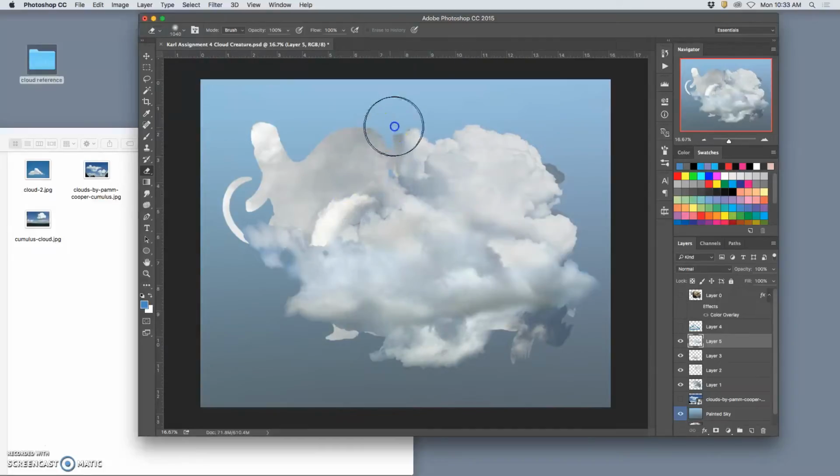Hard edges are the enemy here. I'm trying to cover a lot of them up. All right, let's save it. Just Command S, because I've already titled it as assignment 4. Then I just